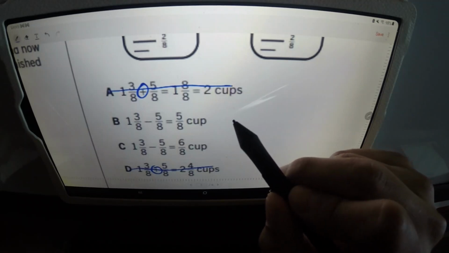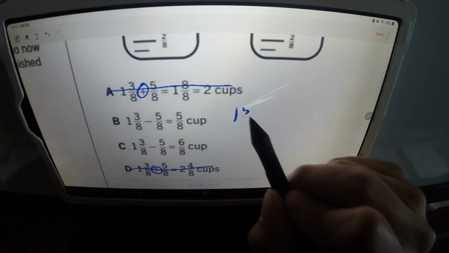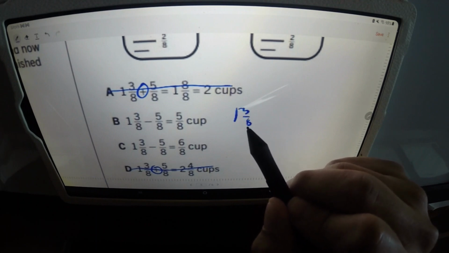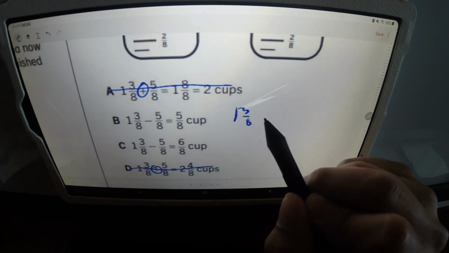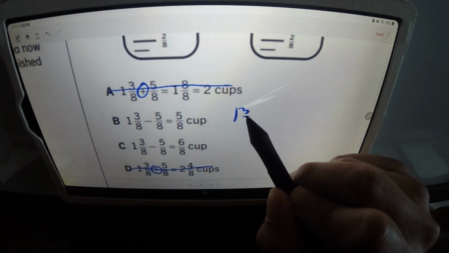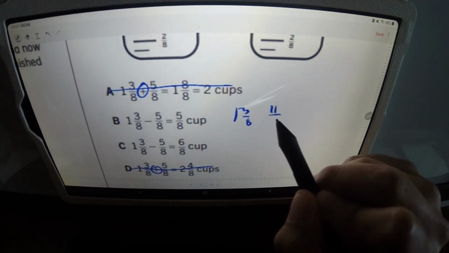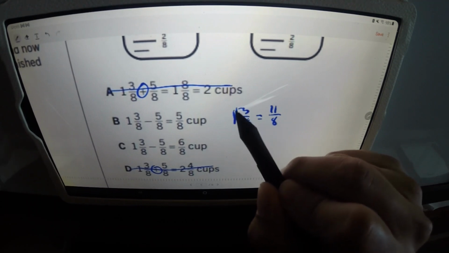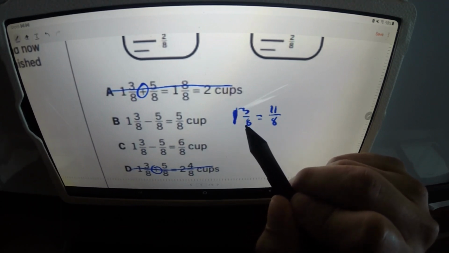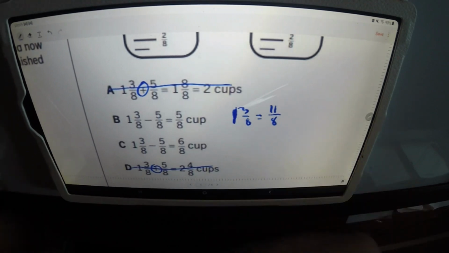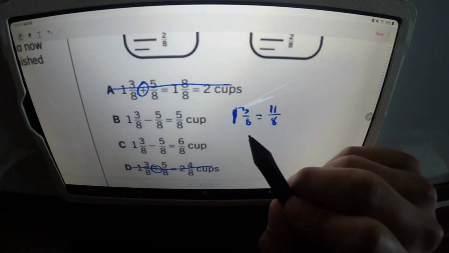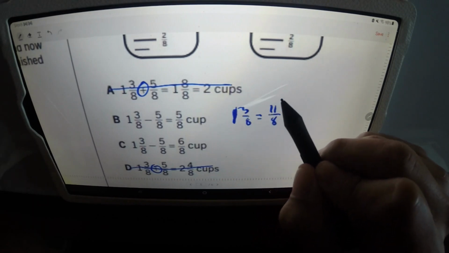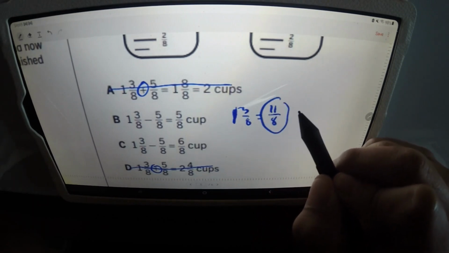Okay, so now we're going to write the numbers down. 1 and 3/8. What is another way of saying this? So 8 times 1 is what? 8, right? Plus 3 is 11. So this is 11/8. This is the same thing. Again, this big number here represents the 8. So 8 times 1 is 8, plus 3 is 11, so this gives us the same answer as this. So this is an easy way to look at this. So 11/8